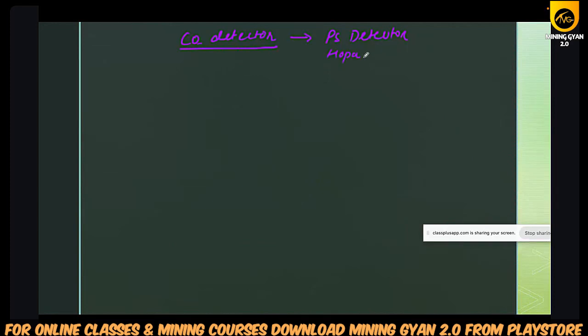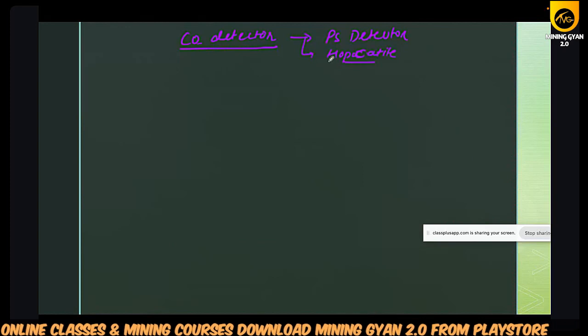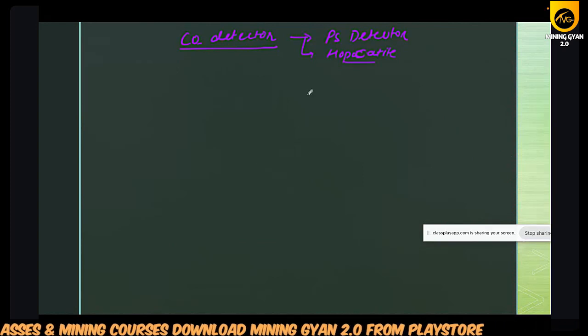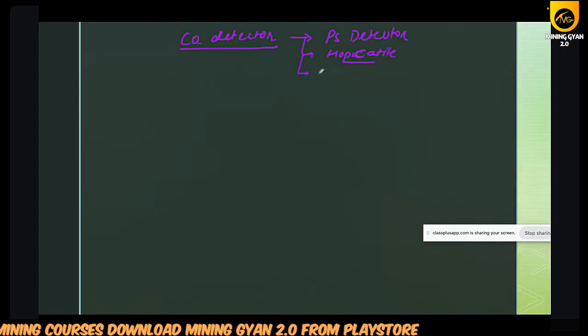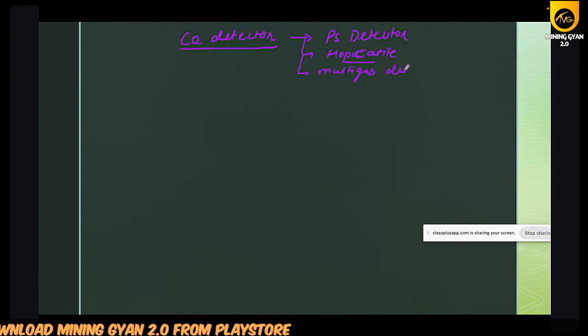Just remember, if you remember these terms also, it will be helpful for you, because sometimes they will just ask which gas the PS detector is used for to find out, or which gas Hopcalite is used for. Multi gas detector, MSA detector,